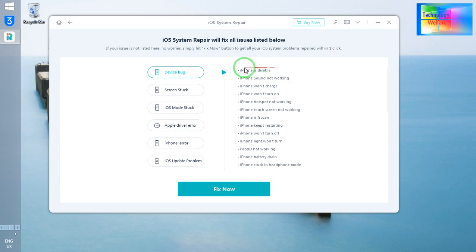See, if your device is in disable mode, if your device's sound is not working, it won't charge, it won't turn on, its hotspot is not working. So any of the more than 150 issues can be addressed. See guys, here you need to